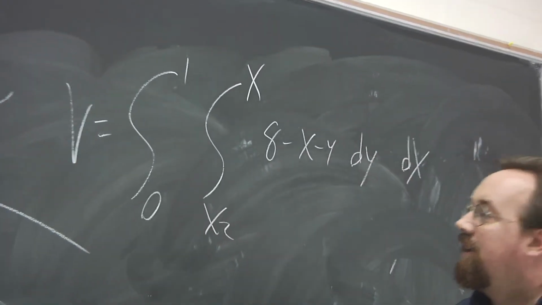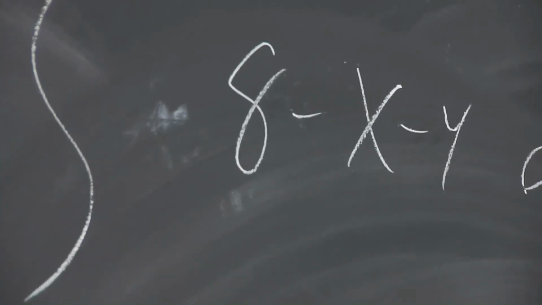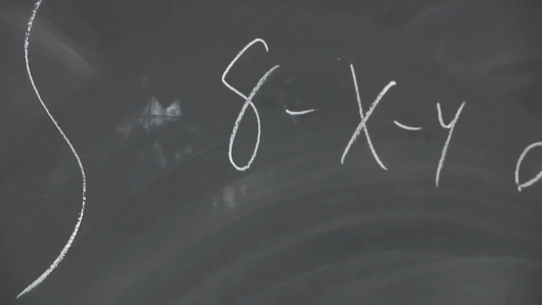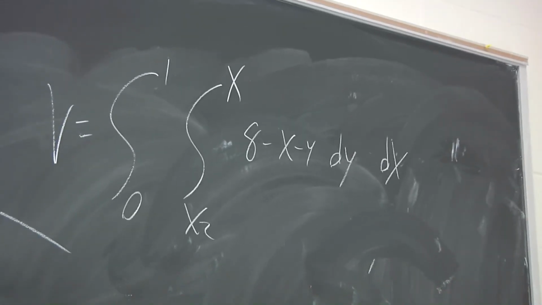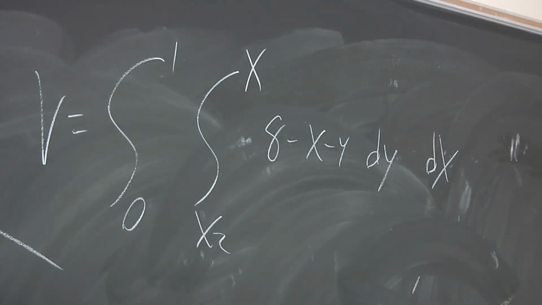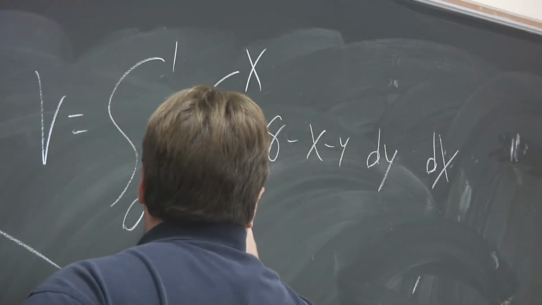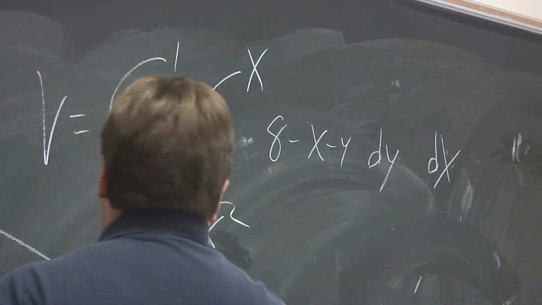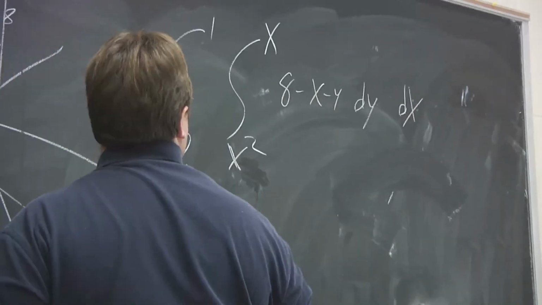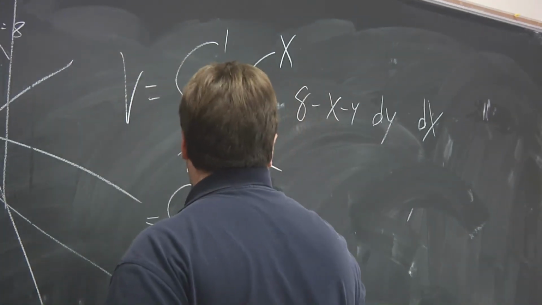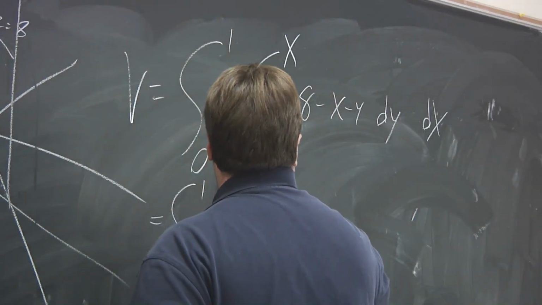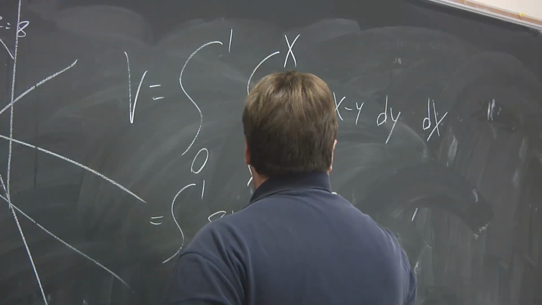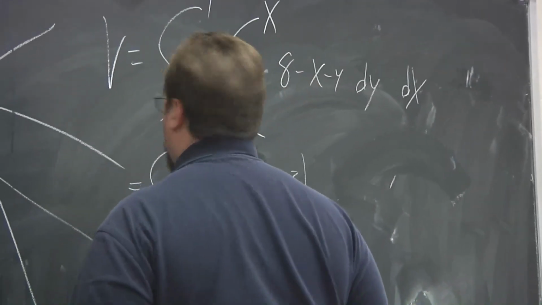Okay. So this is a region of type 1. Your inner integral with respect to y, the limits, x squared to x, the limits of that integral are functions of x. Okay. So now we'll carry out the inner integral with respect to y. So we're going to have 8y minus xy minus y squared over 2, evaluated,